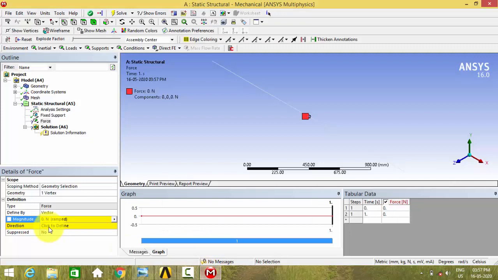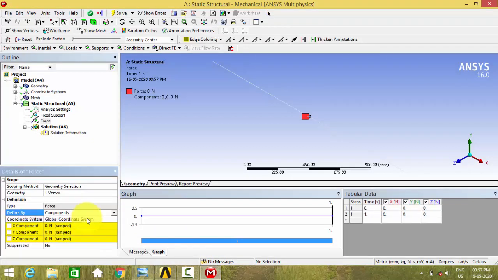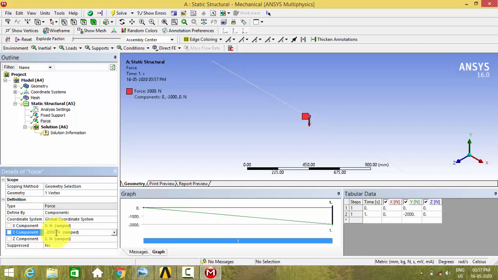So here the direction is, we have to give the components. In the y negative direction I have to give the force. So in the y component I have to give minus 2000 newtons. So that means 2 kilonewton towards the downward side. We can see the direction here. So it's correct. So now we have to select one more point at the last, that is the end point here,